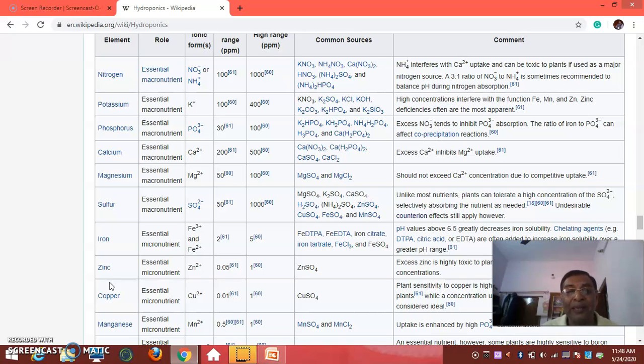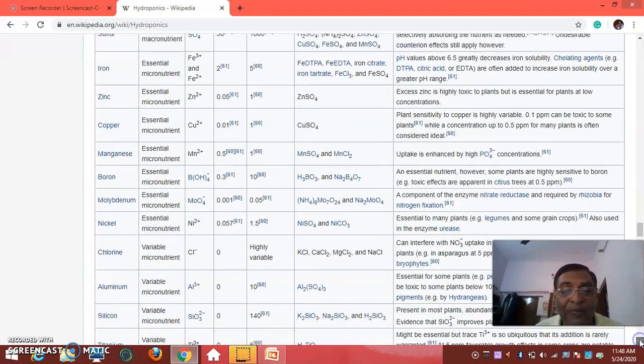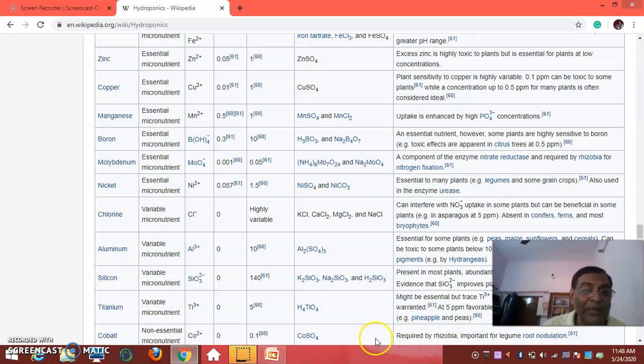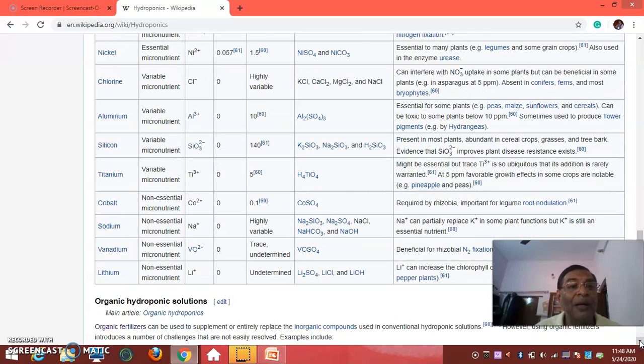Okay. So here, since we are preparing the solution, these micronutrients can be easily controlled. But the only thing is you have to balance these cations. That's the thing. So there's a lot of data and other things here. You can go through the document which I have sent to you, including even titanium and even cobalt. I think even boron is also there as a micronutrient.